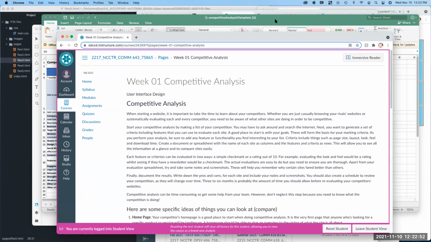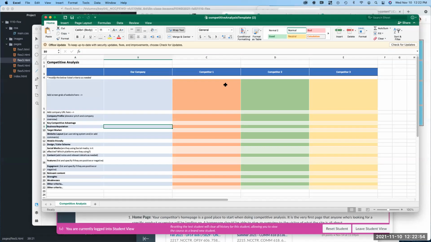Read through this stuff and let me know if you have any questions. I don't anticipate that this should be super hard. The sitemap is pretty much done. You just have to translate that information into a visual diagram. And for the competitive analysis, if you divide and conquer, you should be able to get this done. You will have a little bit of time together on Monday. I can promise you at least an hour and a half to work on this. So you can work together if you need to, and obviously, if you have any questions,